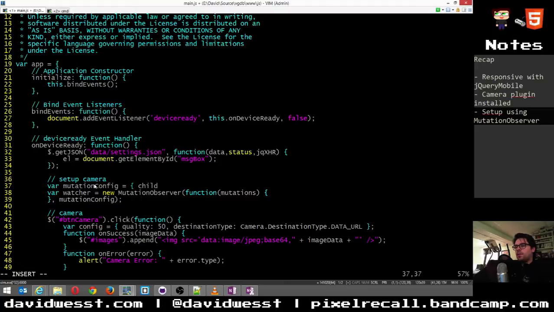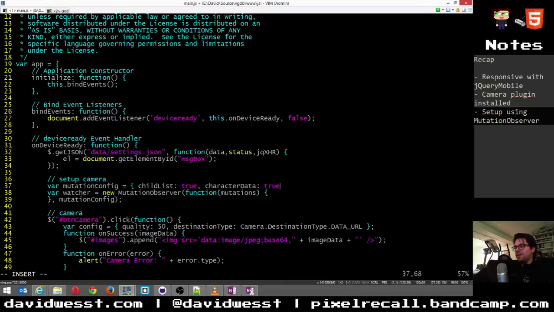There's a whole lot of options, but I'm just going to whip through the two that we care about. We want childList, which is asking it to look at the child list of elements, like the whole tree pretty much, if I remember how it worked correctly. So we want that to be true, and we also want to look at characterData.